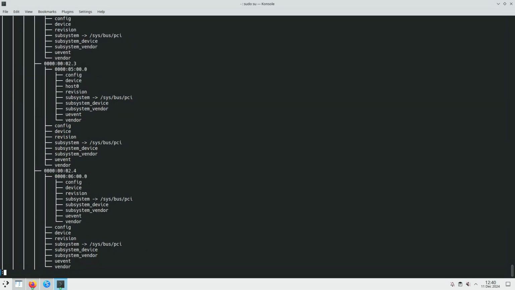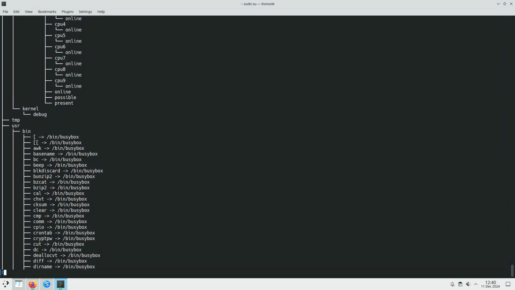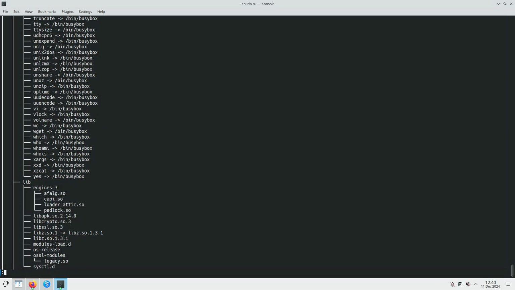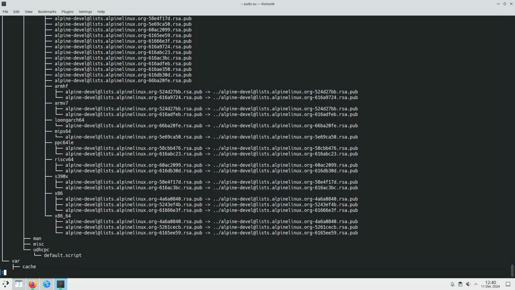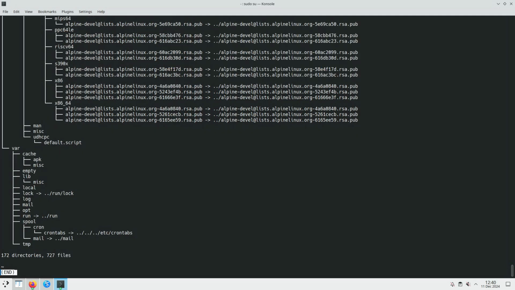The sysfs. /usr/bin, the same thing, symlinks to /bin/busybox. /lib contains probably OpenSSL. /sbin symlinks to /bin/busybox. And that's about it. Very minimal